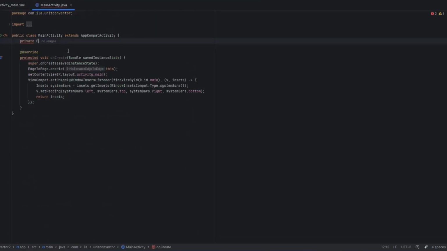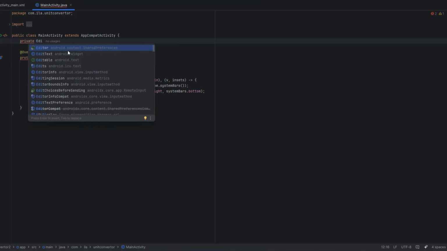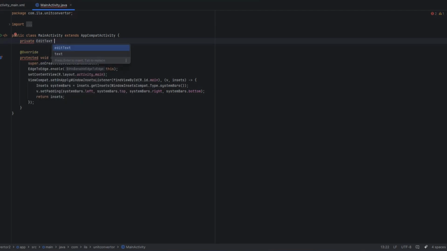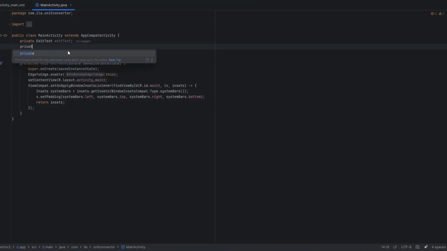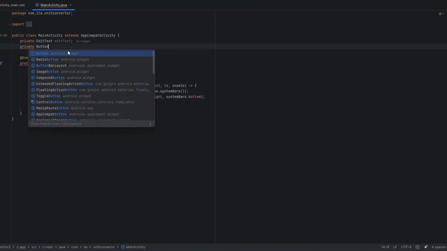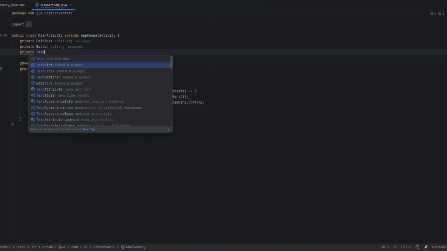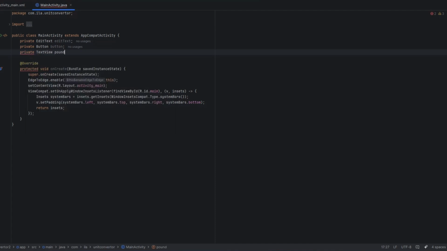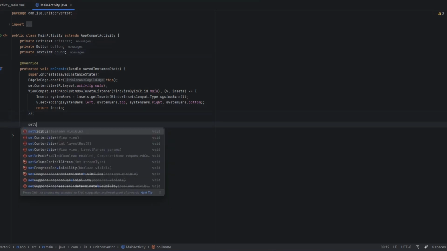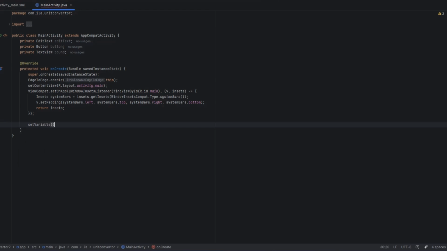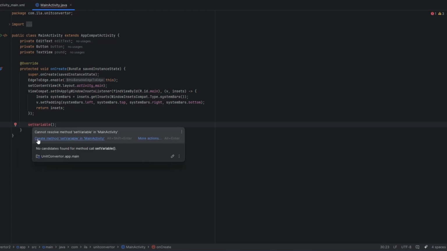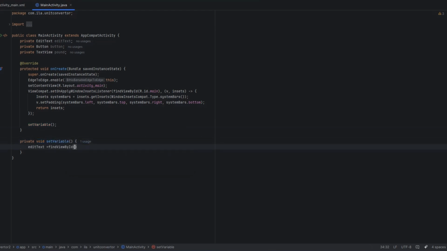So let me get back here and say private EditText, and private Button, and private TextView to be pound. So once after doing all these, I'm going to say set variable. So I'm creating a method, and here I'm going to